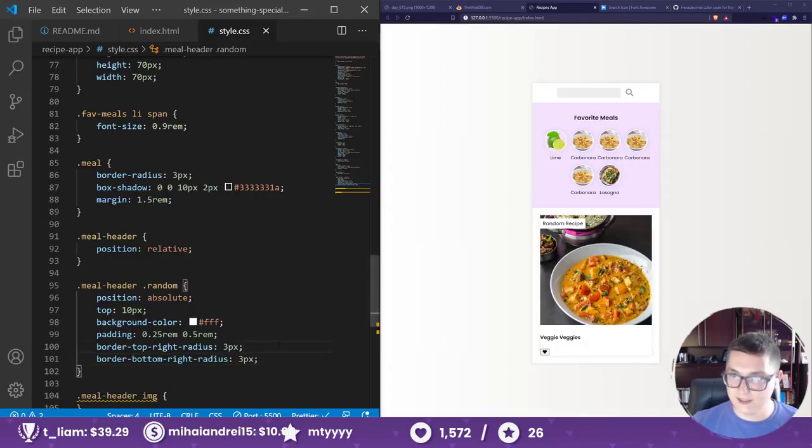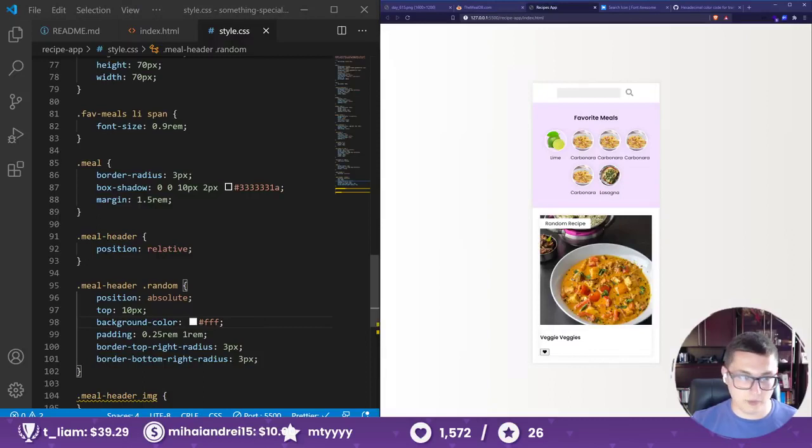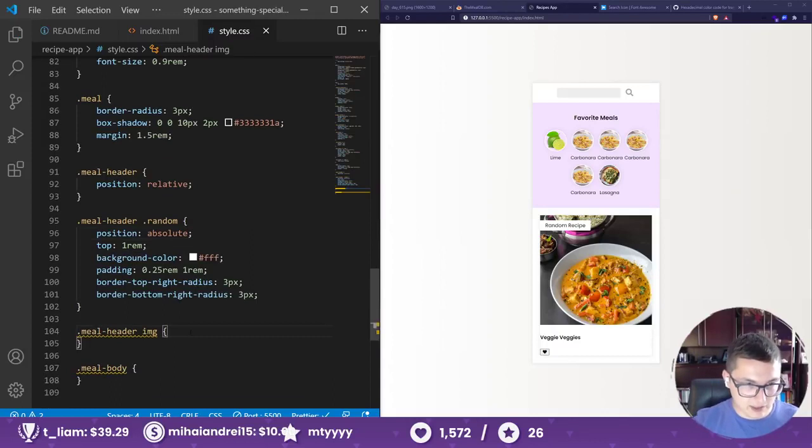All right, let's continue. So we have that text now that says random. All right. Maybe more pixels from the top. Thank you, bots, for following. I guess. Okay, and the image should be